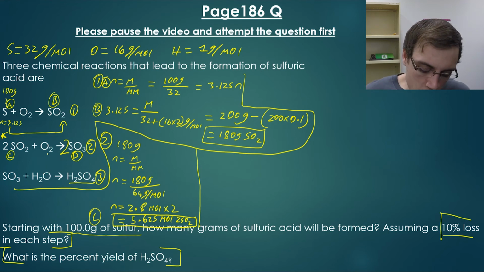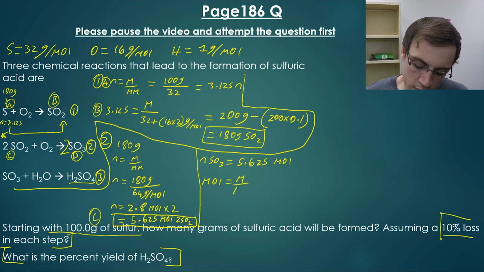So we now know the number of moles of 2SO3. So moles of SO3 is equal to 5.625 moles. So we go moles is equal to mass over molar mass, which means we have